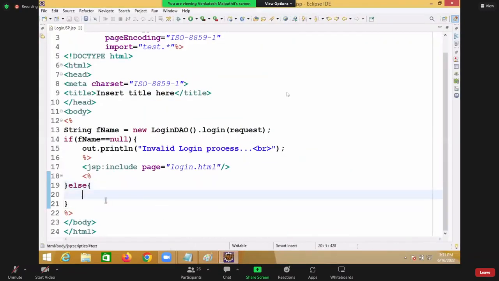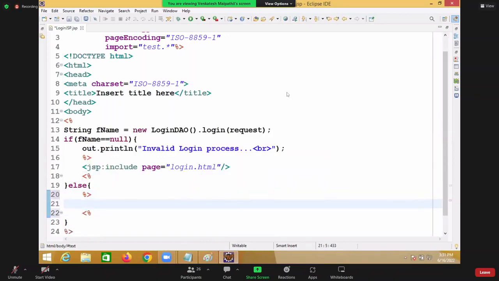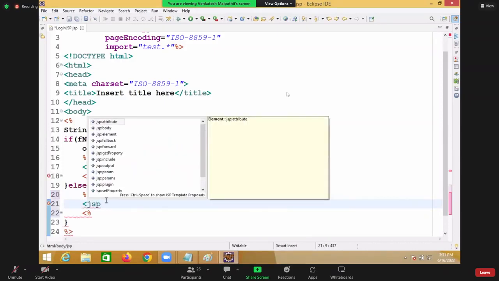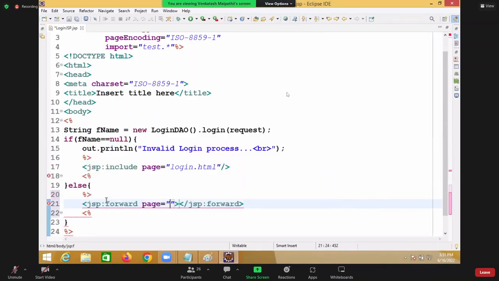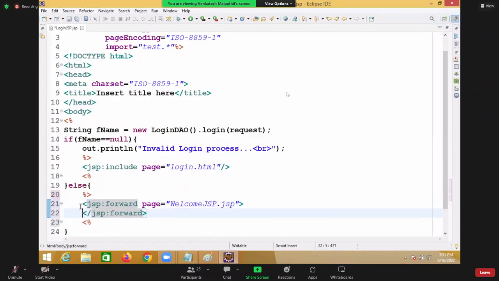See there? Close the scriptlet tag. Open the scriptlet tag here. jsp:forward. You're forwarding the control to whom now? I am forwarding the control to welcome.jsp, right? So inside this,